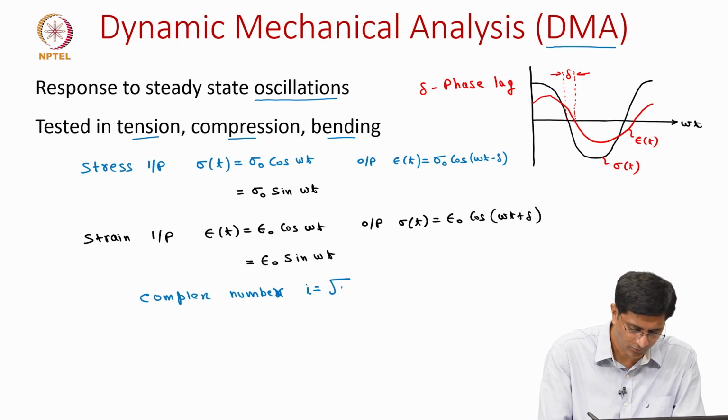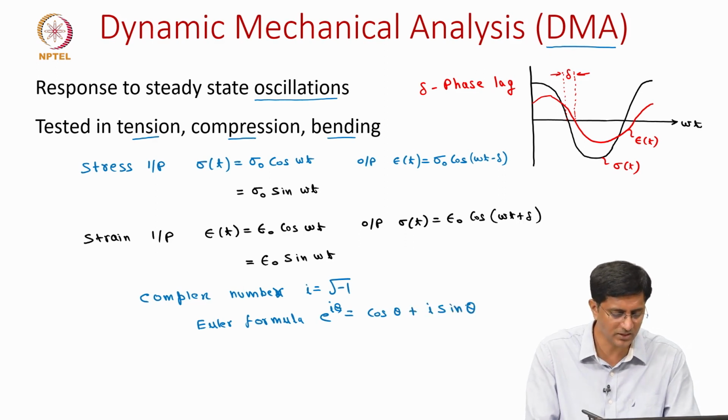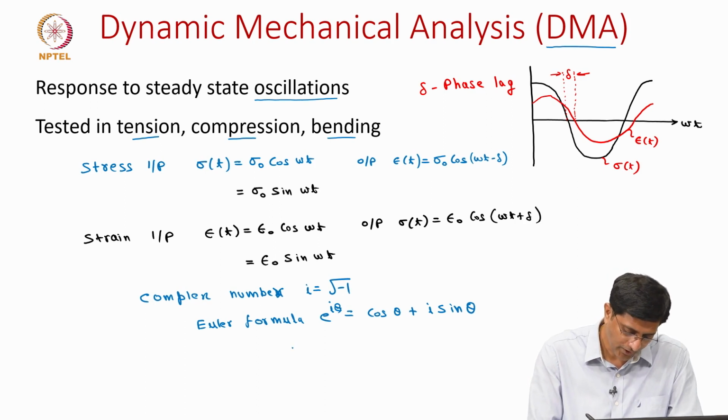i is square root of minus 1, and the Euler formula e power i theta is given as cos theta plus i sin theta. The reason why we are looking at this is now we will see there is a more uniform way to look at the inputs. So, for example, let us say if I write it as e power i omega